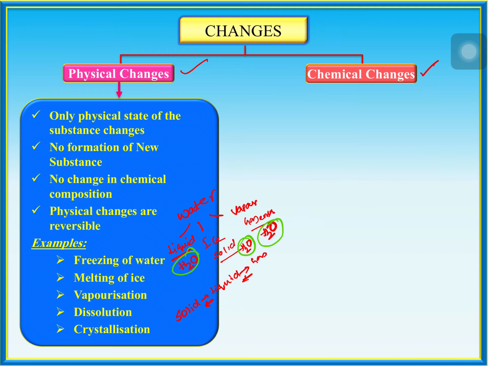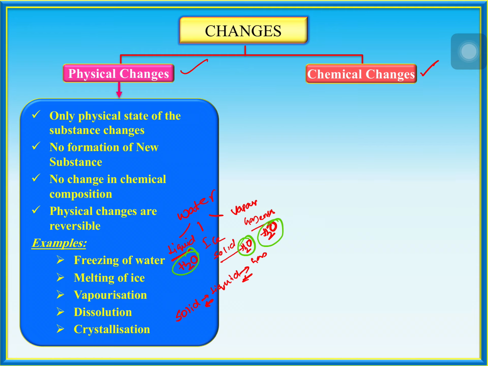That's called molecular composition. And these physical changes are reversible. If you want to make solid into liquid, raise the temperature, keep the ice on the stove, you will get liquid. If you further want liquid into gas, supply more heat, and it is going to evaporate.